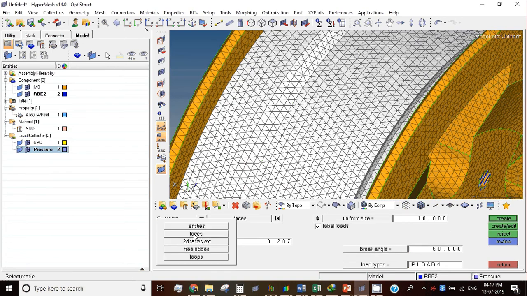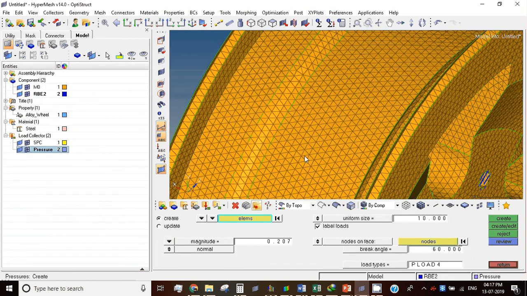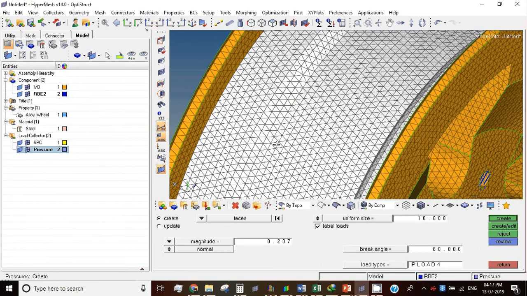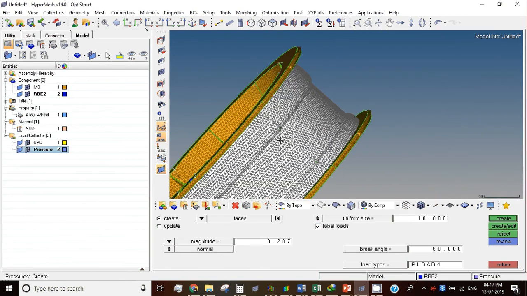Element, because we cannot select this directly, as it is a 3D element. It has three faces, and we are going to apply pressure on the outside face only. So we don't have to do this. Click on this and go to the faces. It selects the 3D face. Directly it has selected all the 3D faces. Now we know the pressure for the total. Okay, then create the pressure. Now all the pressure has been created.